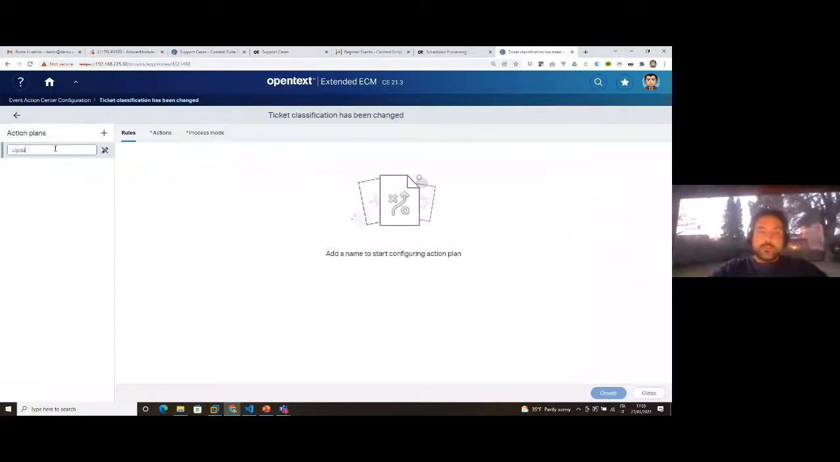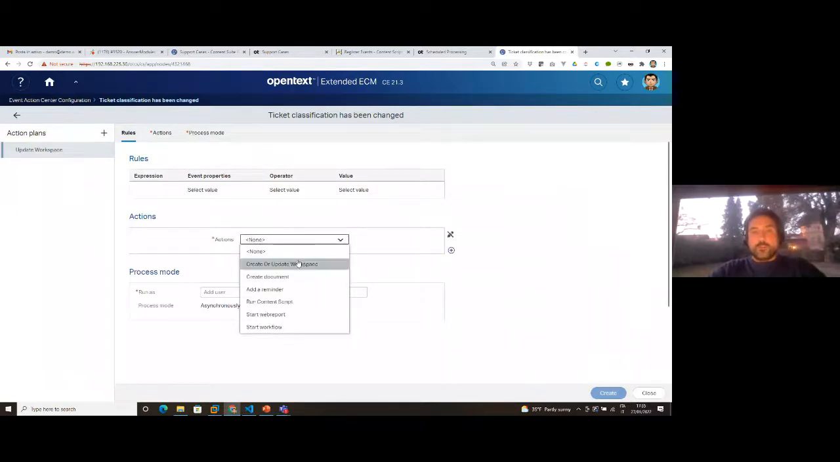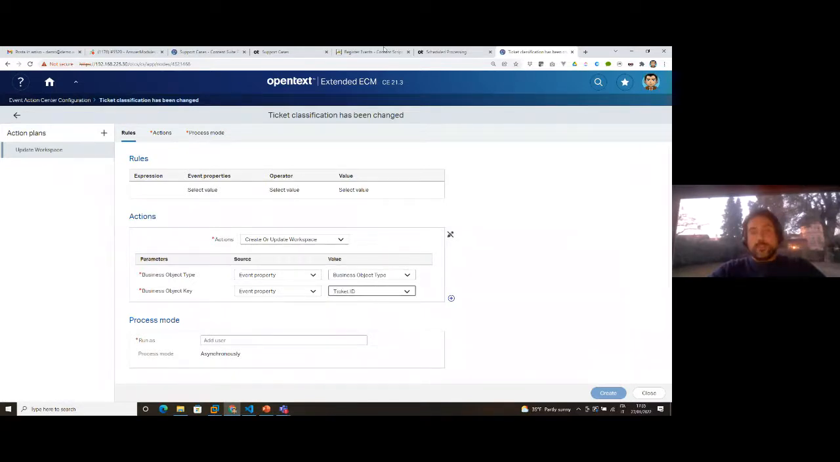So I can, for example, say update the workspace, and among the actions, I will utilize a standard action. So I can say create or update the workspace, and I will get the business object type from the event property business object, and I will get the business object key again from the event property, in this case ticket ID, that we have defined as part of the definition of the event itself. Okay. Obviously, this should be performed by some user. So I can select the admin, for example, and I can just create it. Okay. So now I've associated an action plan to my